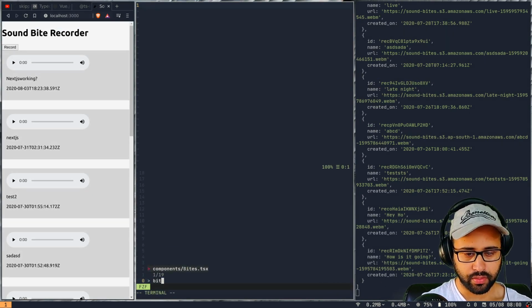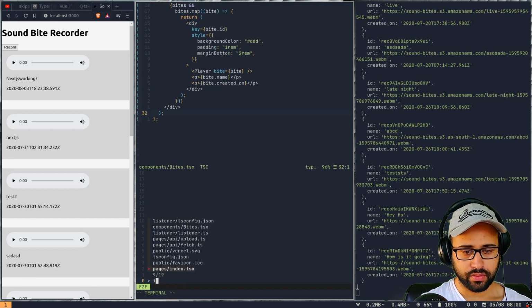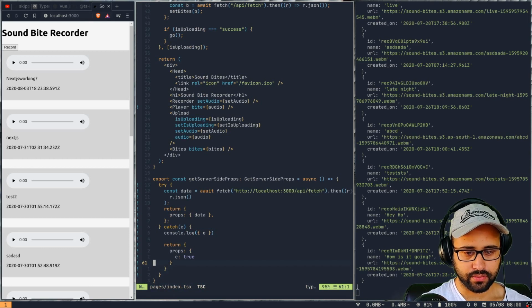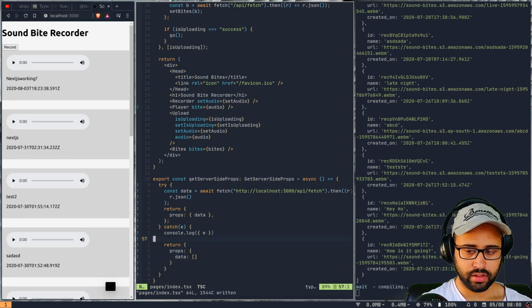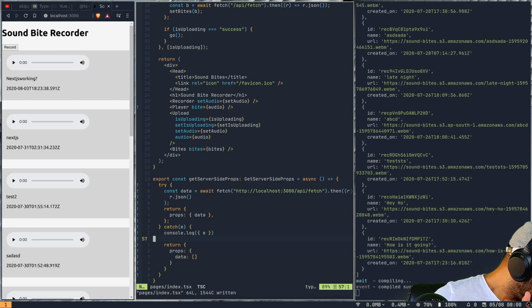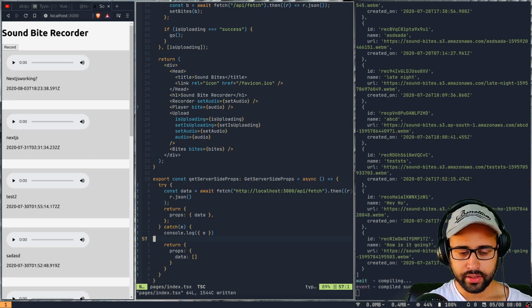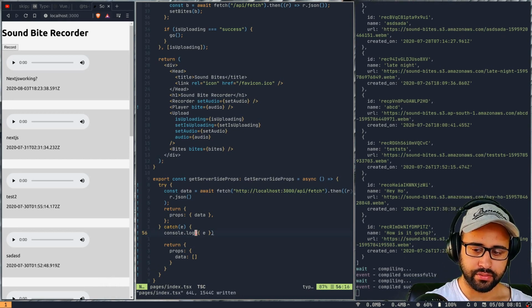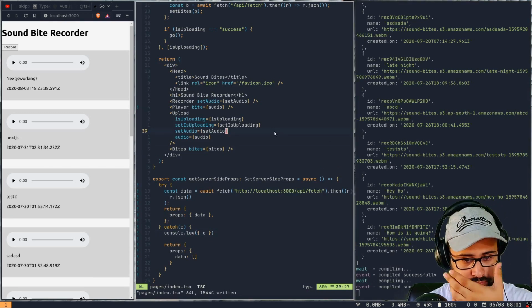So the bigger problem is, if I go to index.ts, I should just return data as an empty array, and that way, sorry for that, I think even if we don't have the environment variables, it will continue working, right?